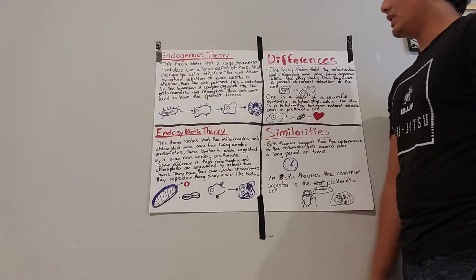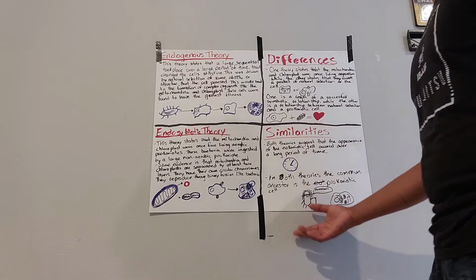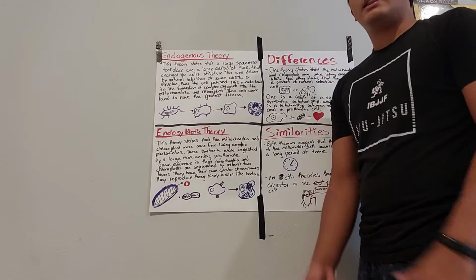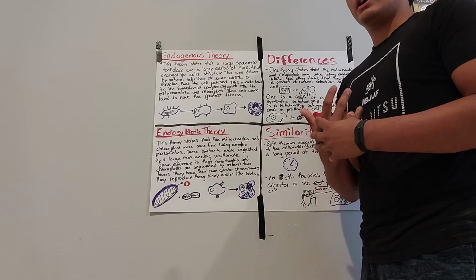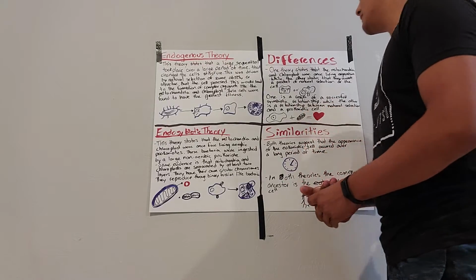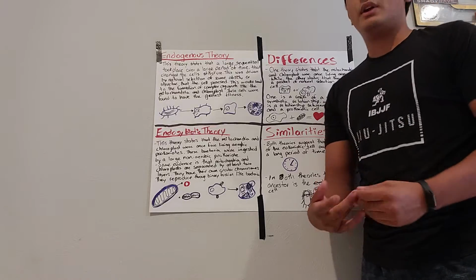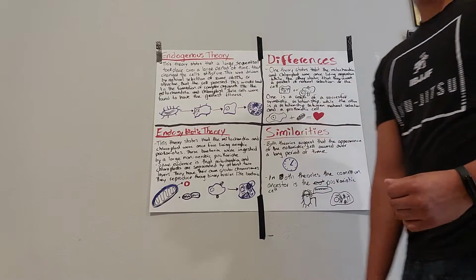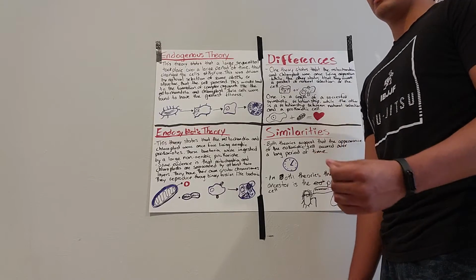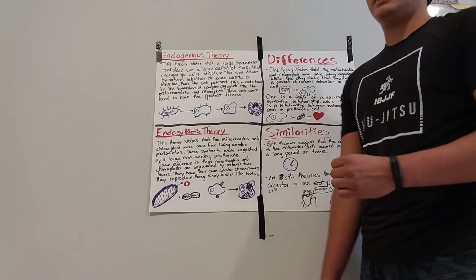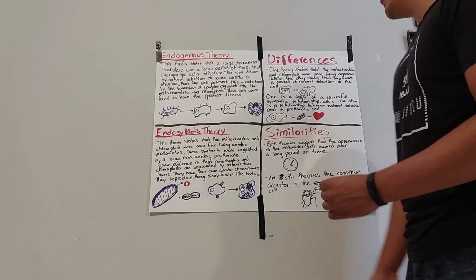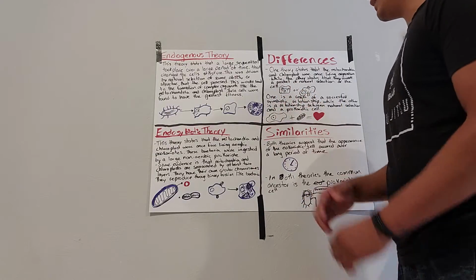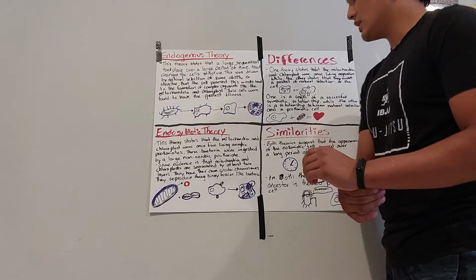Differences between these two theories. One theory states that the mitochondria and chloroplast were once living organisms that were absorbed by a larger organism, and the other one suggests that through natural selection and evolution, the cell came to form these two organelles. So you either have absorption or creation of mitochondria in the cell.